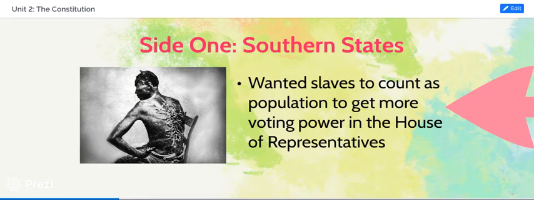If this is what you are willing to do to the human that you're trying to count as population, you don't want them to vote. You don't count them as a human. You are treating them as if they are property. 2 inches of scar tissue does not mean that they're going to be able to vote. Okay, so just because the southern states are like, yes, let's count them in population, that does not mean any black man is voting in the South. If this is what the southern states are willing to do to a black man, they're for sure not going